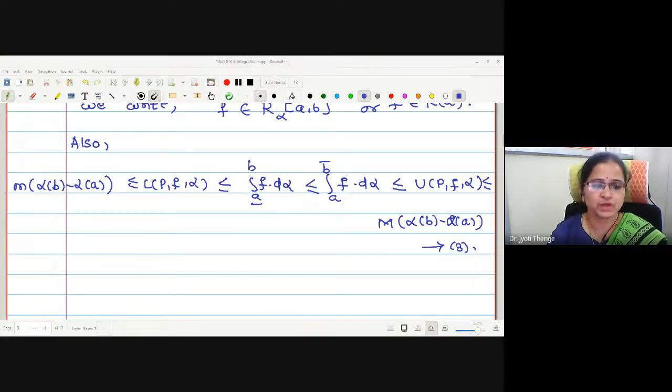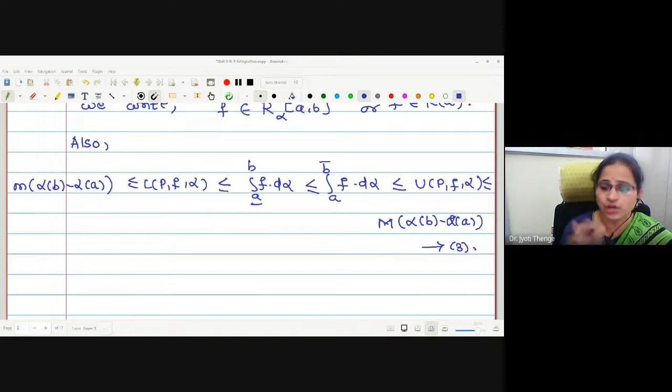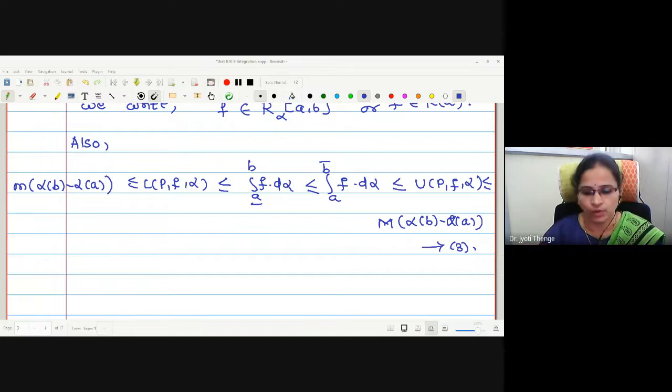Instead of finding the integration with respect to the x axis, they try to find the integration with respect to a function. Okay, now when we have a question, what will be the geometrical interpretation of this? Whether you have a question or not. Okay. Wait for a few minutes, students.